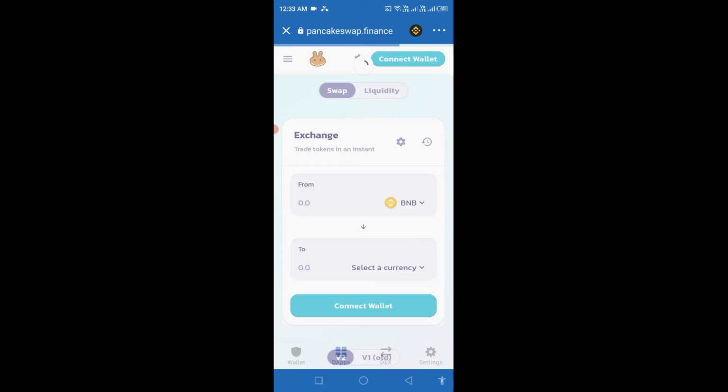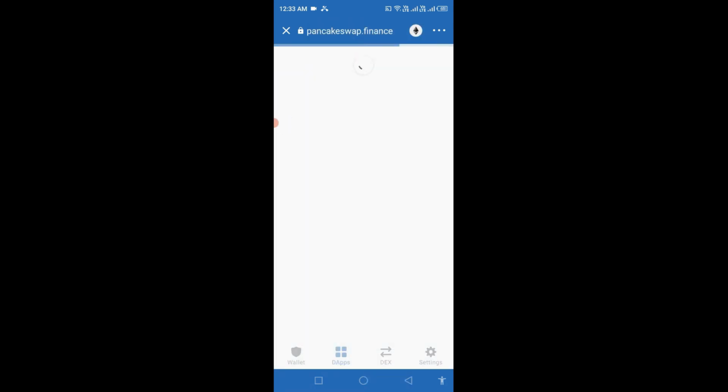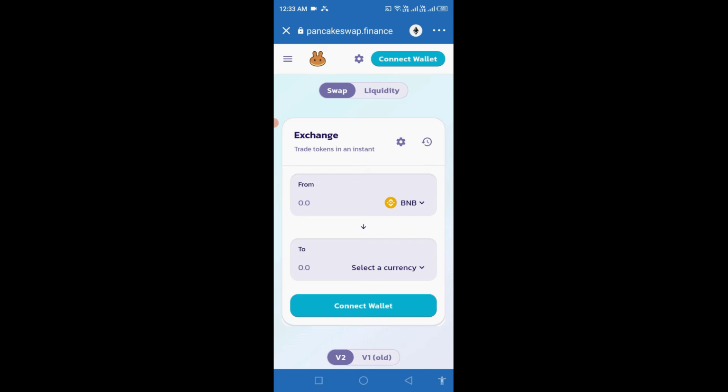Here it's asking from which coin I need to exchange. I have to choose the Smart Chain network, and I'm going to make sure it's on the Smart Chain network. If it's on the Ethereum network, it won't be applicable, because Rackscoin is available on the BEP20 Smart Chain network. If it's on Ethereum, you have to click that and change it to the Smart Chain network. Then only can you purchase the Rackscoin. So click on the Smart Chain network.